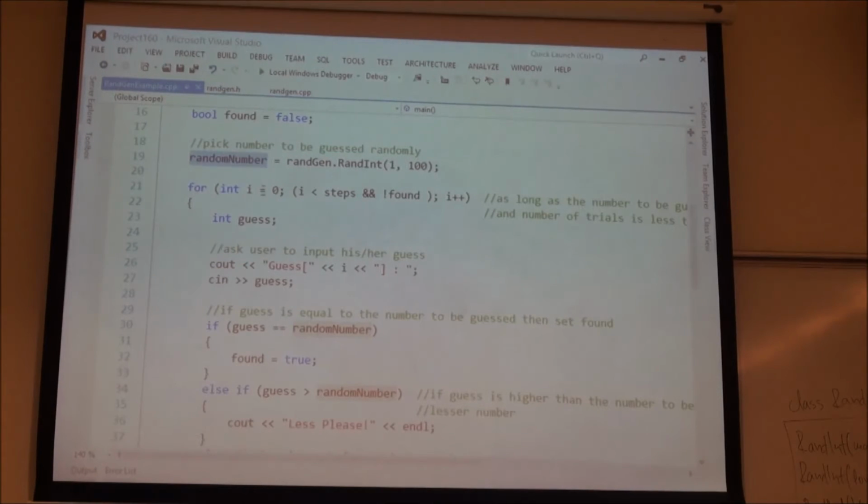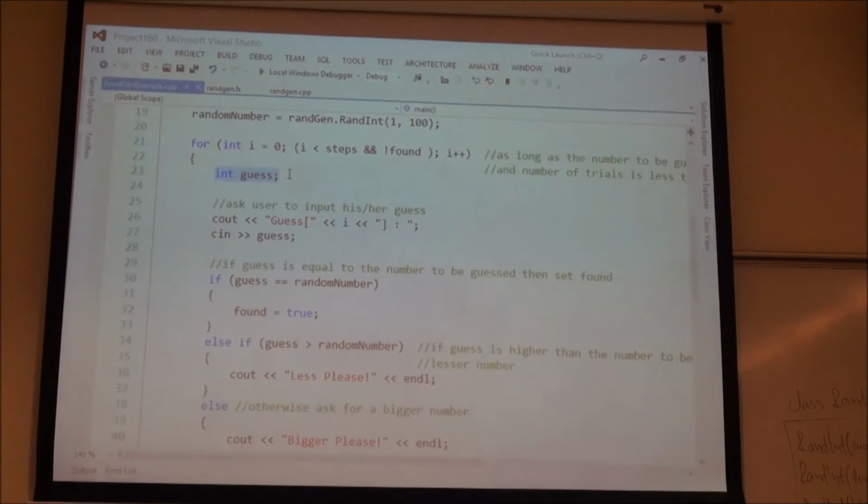Now we start from 1 to step I++. Of course, if the number is found, we don't want to go to loop it again and again, okay? That's why we say if the number of steps is smaller and the number is not found, then go inside. But initially, let's start. So initially, we start with 0, meaning the first guess, and we keep the number of guesses here. I mean, the guess we are giving. So we're printing guess 0 is which one? And I'm reading, okay, the guess is